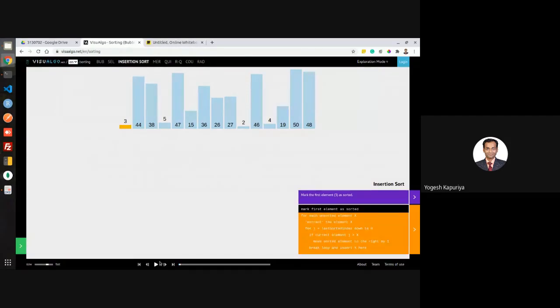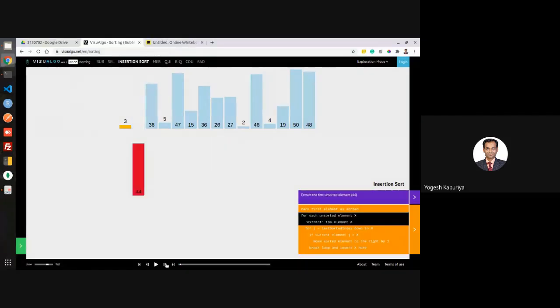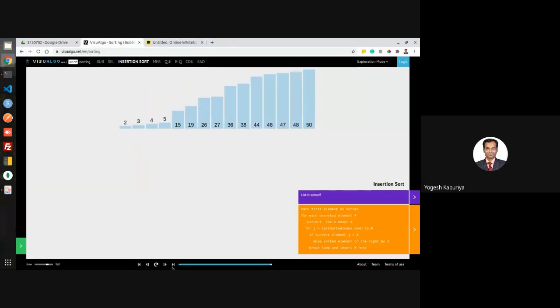So first element is 3. Because there is only one element 3, you will not do anything with that. Next element is 44. So you will remember that element. So let us say your element is 44 and you will put the 44 element at appropriate position in this new array. Imagine that there is another array as well. This is just the imagination. So what will happen? Sorry.